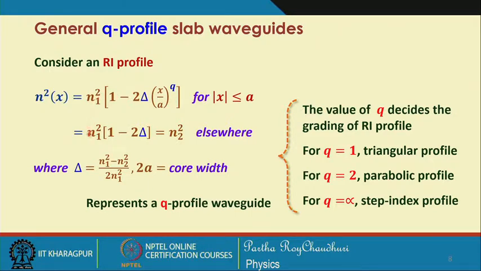So, this becomes equal to n 2 square elsewhere, that is outside the core region. So, this is a general expression for any graded profile slab waveguide,